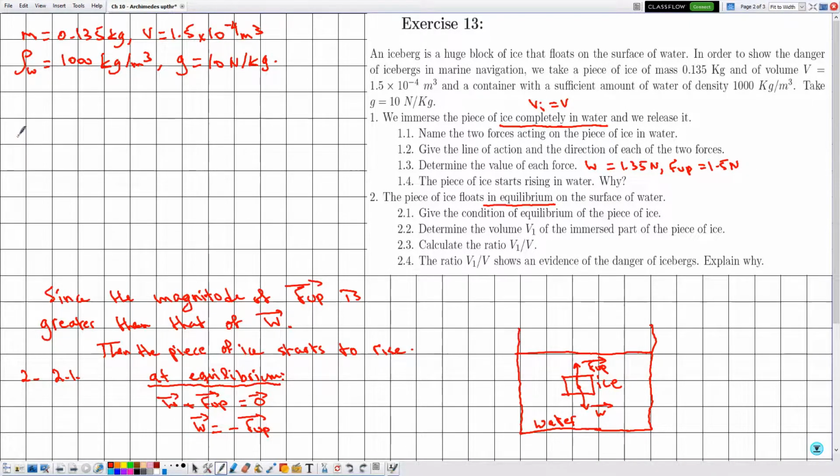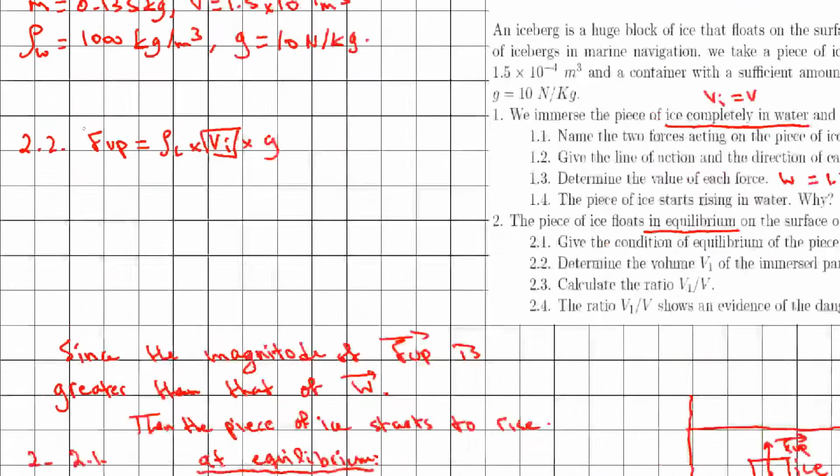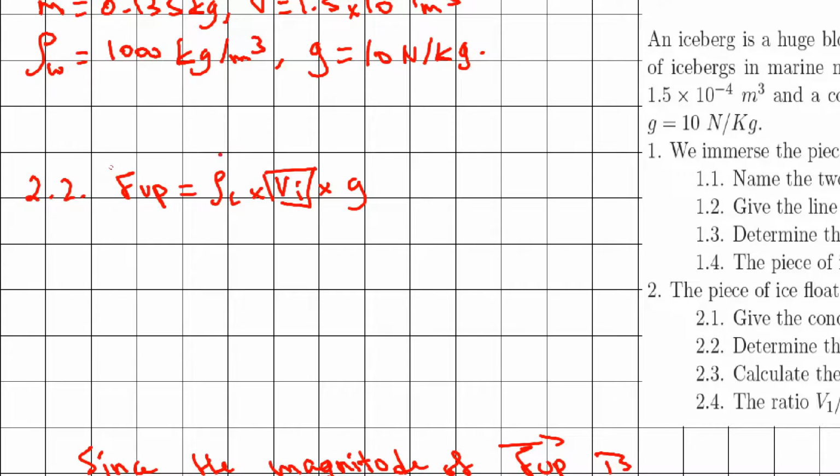Now we are in part 2.2. So we need to determine the volume of the immersed part. The immersed part always appears in the following equation: F upthrust is equal to the density of the liquid times the volume Vi times G. So in order to determine the volume of the immersed part, we must know the density of the liquid, which